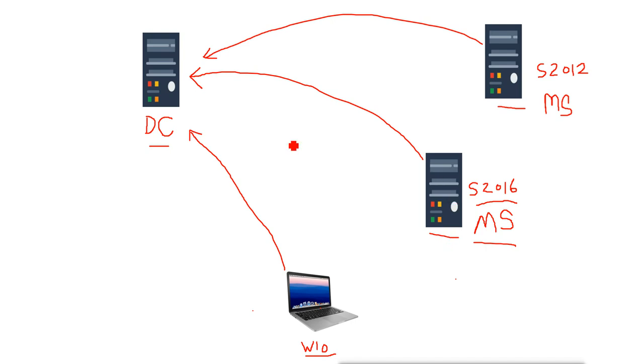For some reasons we use these member servers to configure some services without the domain controller. We don't want to make them a domain controller, but we want to use them for services. For example, I want to make a DHCP server, or suppose we want to make a web server. I don't want to install it on the domain controller because the domain controller already has a lot of load. So I want to make another server for the web services or DHCP services. I can use these other servers like this Server 2016 or Server 2012, whatever. I can install the server operating system, make them a member of our domain, and then install DHCP or web services here.